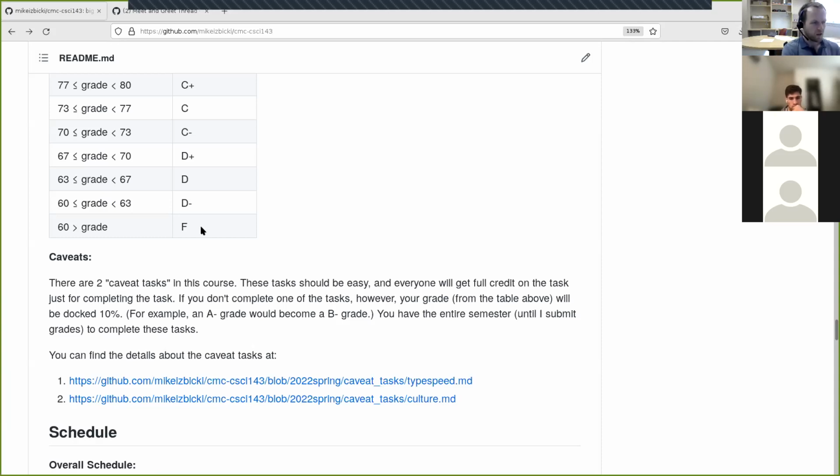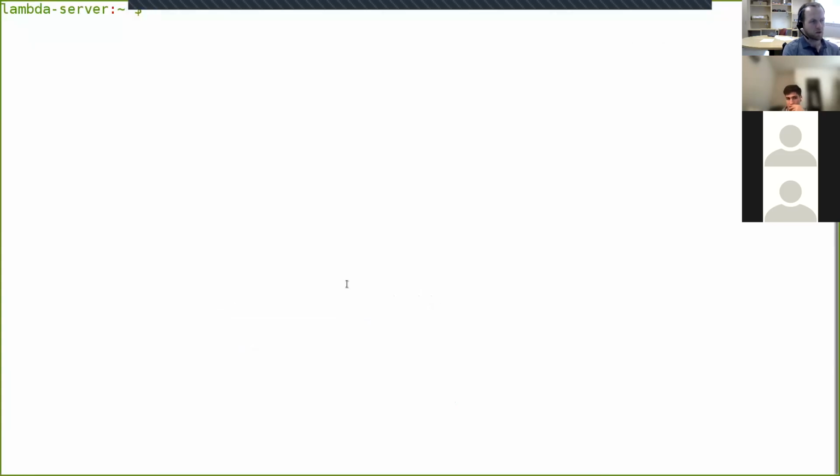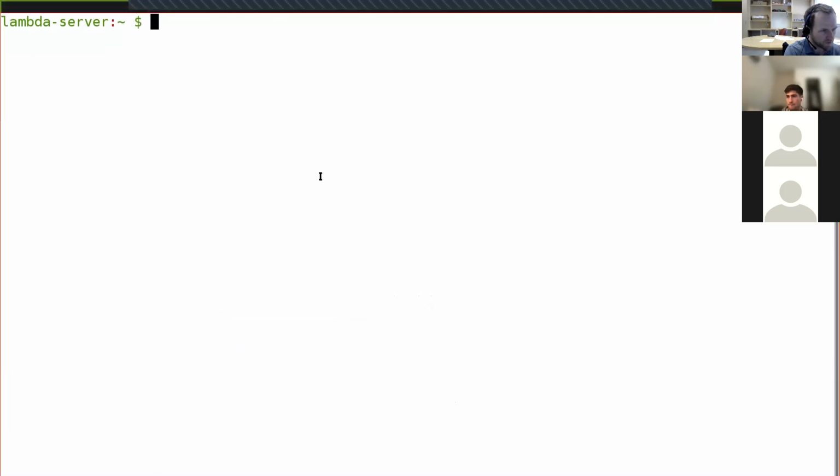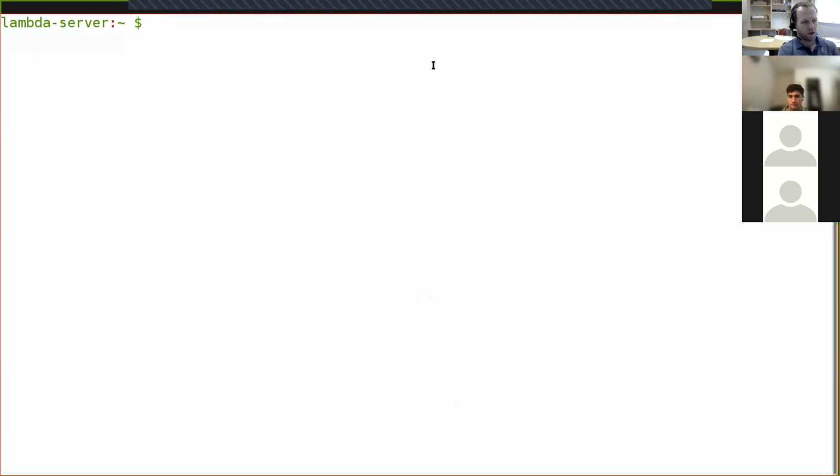Okay, then I'm going to switch my screen over here to the terminal. And let's see, I think Zoom might be blocking the top of this for you, so let's change that size a little bit. And currently I'm logged into the Lambda server on this terminal, and we're going to be just going through some